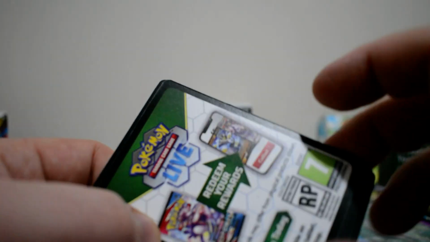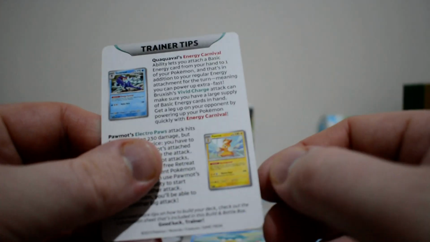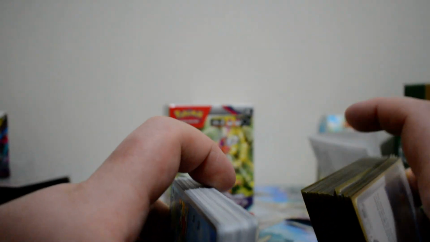So in these kits you do get some code cards. You get a code card for the kit, as well as this. This was quite interesting. So this is actually a trainer's tip for the deck that you are provided with, and you do get a little sheet with all the cards on them. So those are the main things, plus you do get a deck and 4 packs. Now